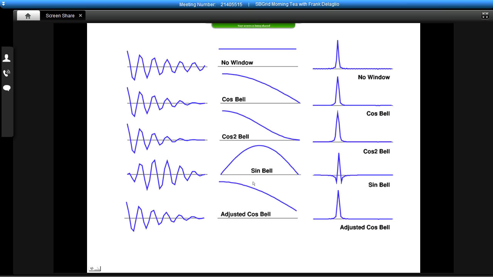Now, the most common way to help alleviate this problem is by the use of digital filters, what we also call window functions or apodization functions in NMR. We multiply our time domain data by a particular function, and depending on the function that we choose, we can either broaden the data to reduce the artifacts, or we can sharpen the data at the expense of increasing the artifacts. So this gives us some options and opportunity,